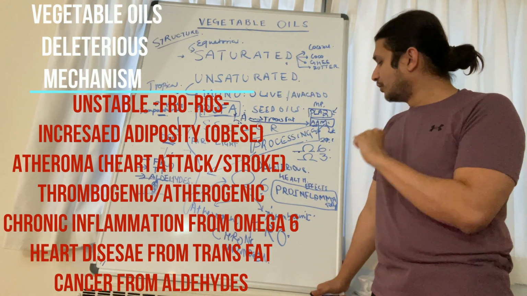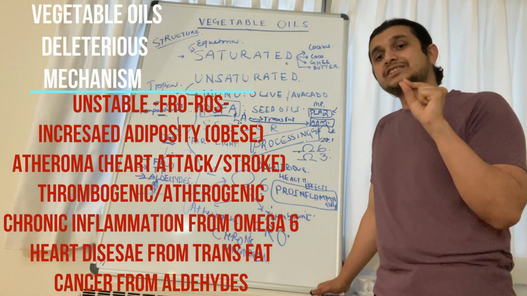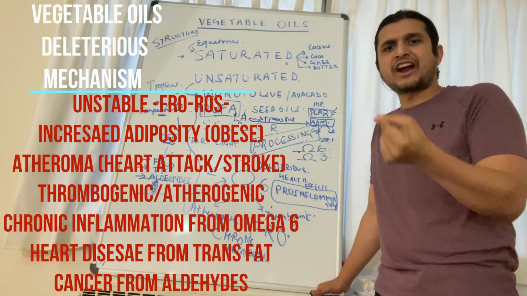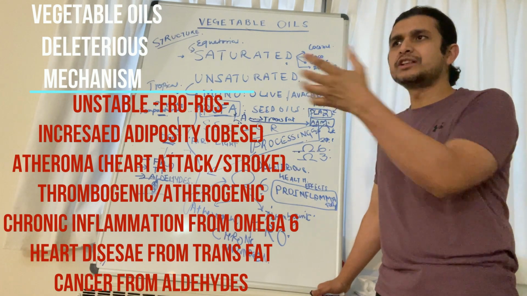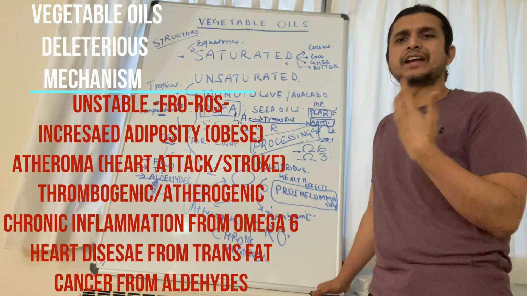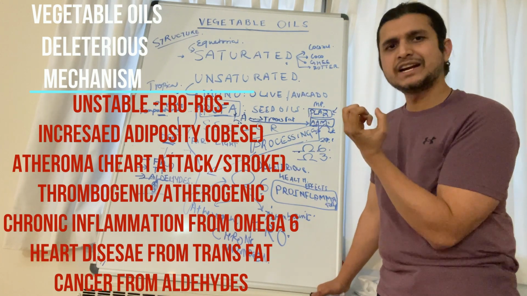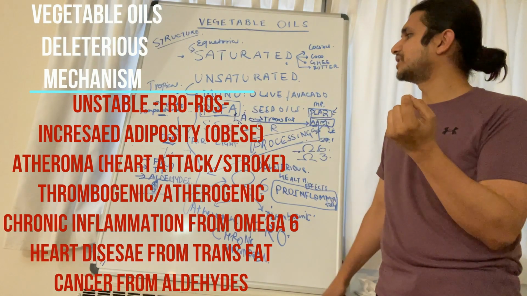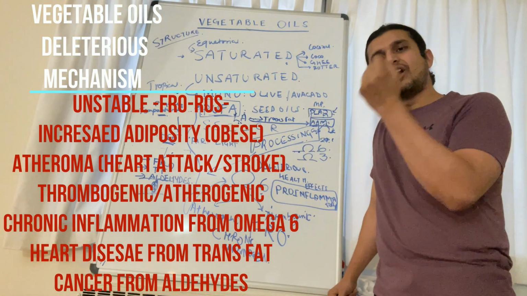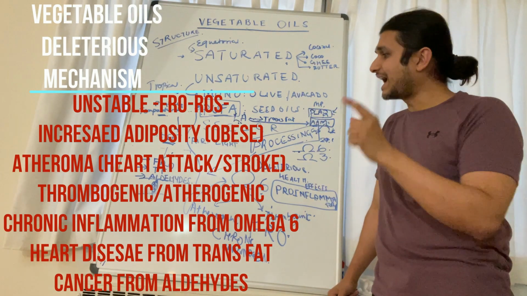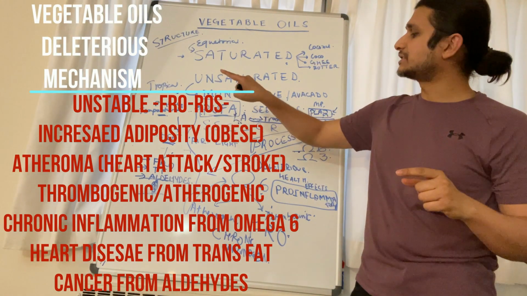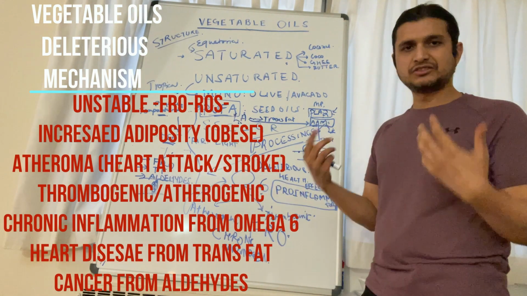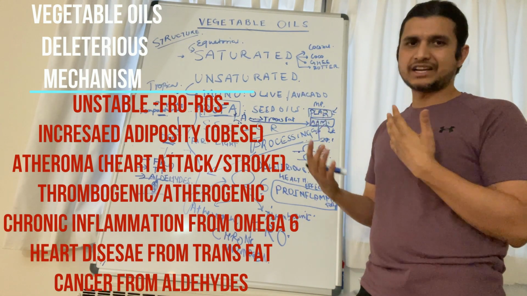Now, once you know that this is bad, remember that the worst thing than eating vegetable oils is to heat the oil and reheat the oil. Deep fried foods, prolonged fried foods, storing the food and eating it again tomorrow in a microwave, you heat it again. The remaining oils are again getting heated. When they get heated again, there is free radicals. And these free radical formation, because of the instability of the structural PUFA, leads to formation of all these free radicals needed damage from chronic inflammation, as well as formation of trans fat, as well as formation of aldehydes. Trans fats can lead to formation of heart diseases. Aldehydes are carcinogenic, just like a smoking cigarette, and can lead to different cancers.